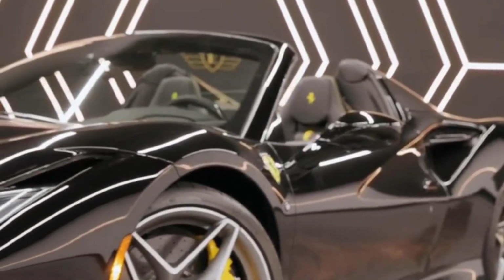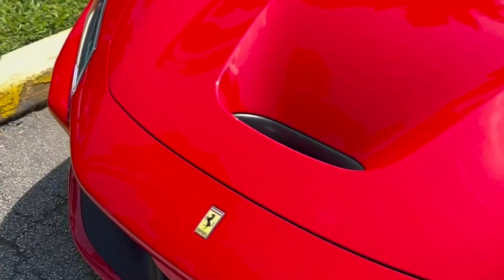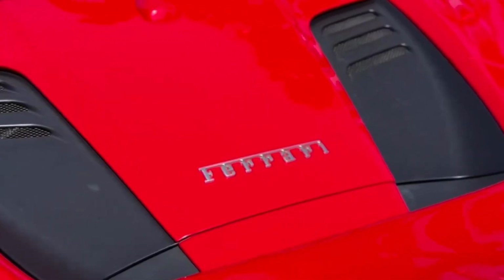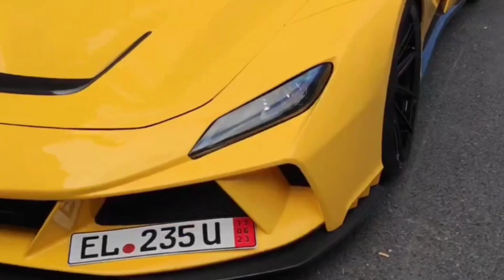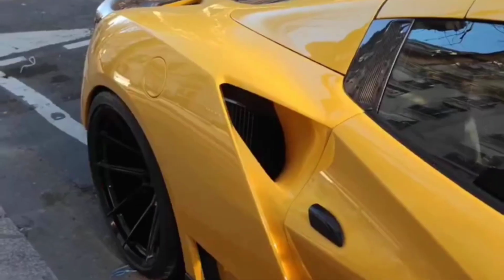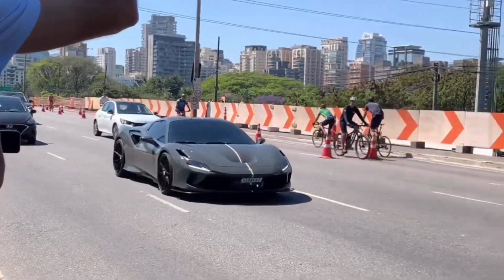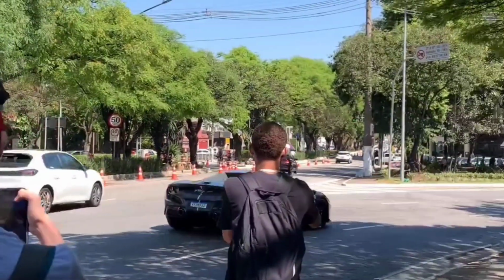appearance. Interior. The interior of the F8 Spider is a masterclass in combining luxury and sportiness. High-quality materials, such as fine leather, carbon fiber, and aluminum, adorn the cabin. The driver-focused cockpit features a multifunction steering wheel with integrated controls, a digital instrument cluster, and a centrally mounted infotainment system. The seats are designed for comfort and support during spirited driving, and there's ample attention to detail throughout the